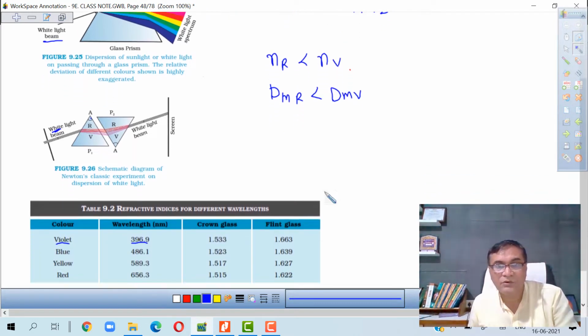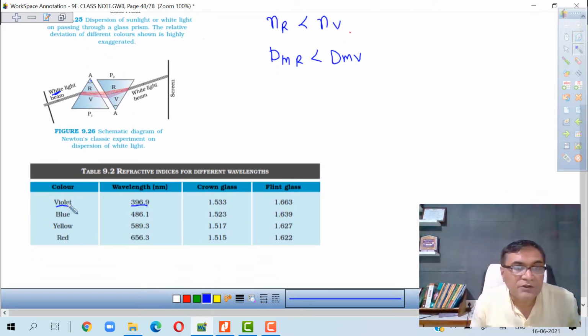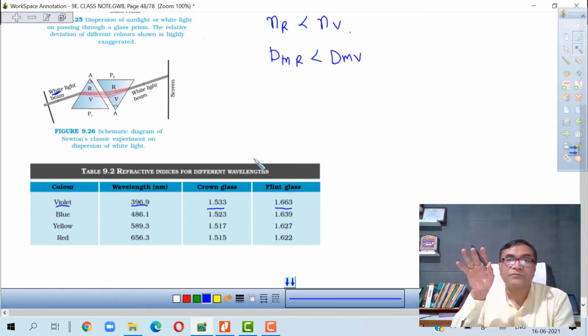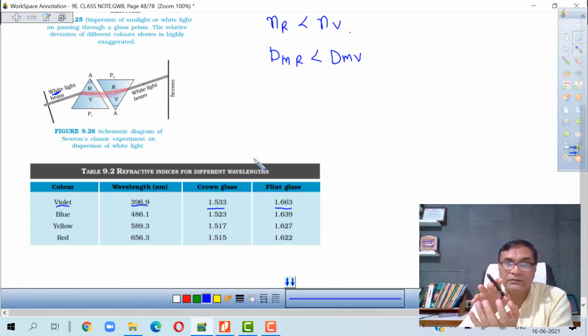One more column is given. The color is the same, the wavelength is the same, but the values are 1.533 and here 1.663. So it also depends on the type of glass material used in making the prism. For crown type it is less, but for flint type it is more. If we use a flint type prism, then the separation of the colors is more, so we get a distinct